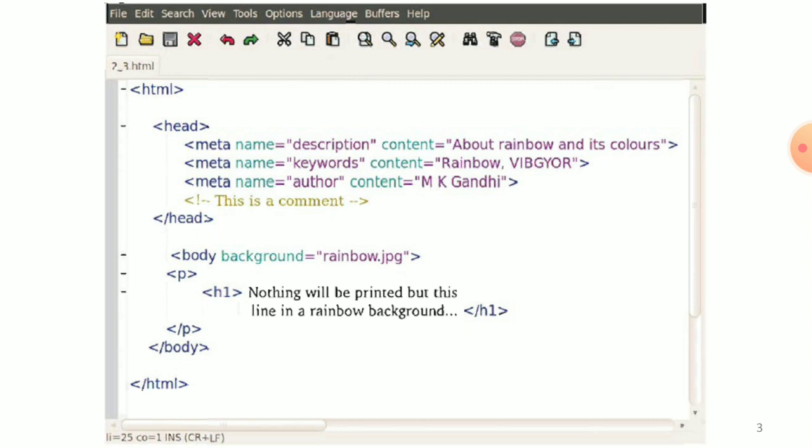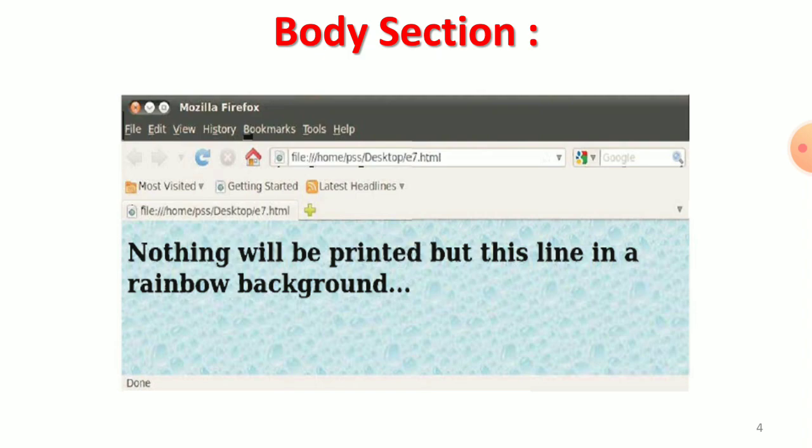And the next, the output. The background is rainbow.jpg and bgproperties equals fixed. That means the background file is rainbow and then bgproperties is equal to fixed. That means no scrolling.